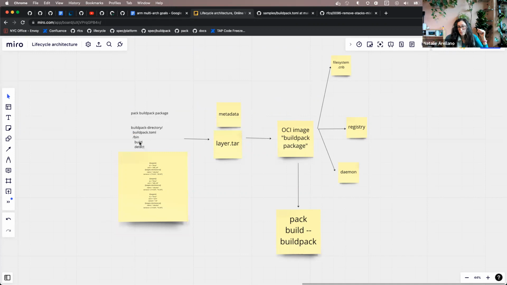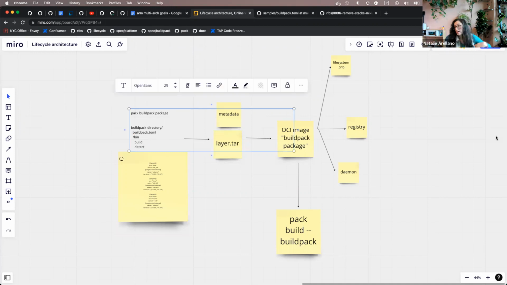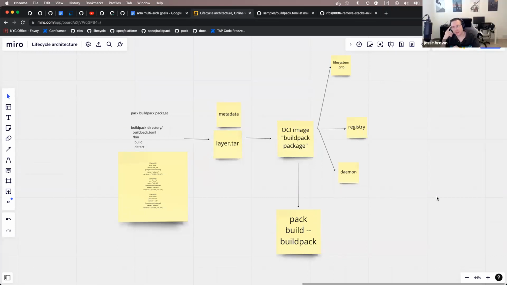I think what you're talking about is, instead of just these two, I have a whole bunch of binaries in this bin, and then you have to find the right one for the environment you're in. If you wrote it in bash, that might be true, right?